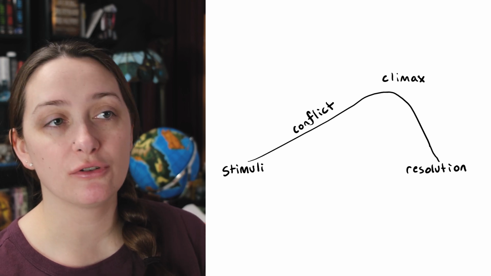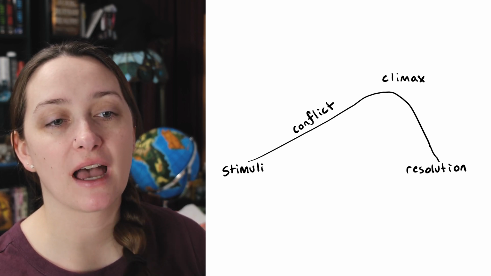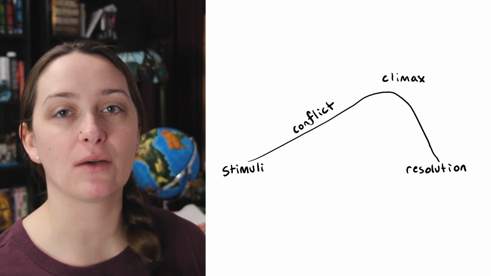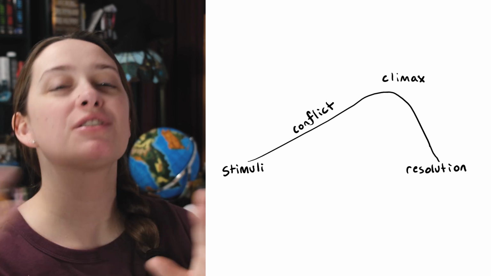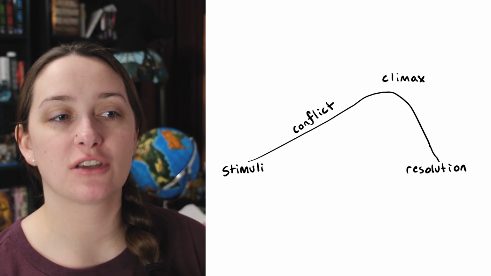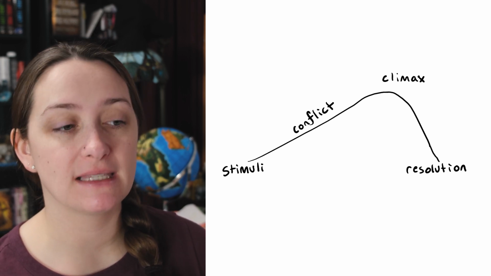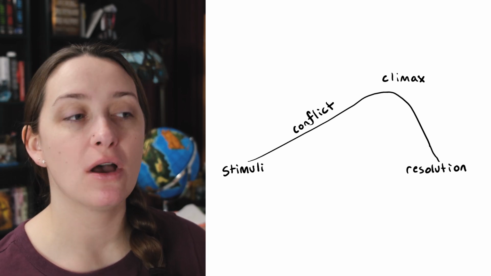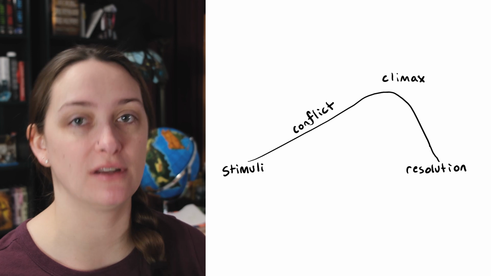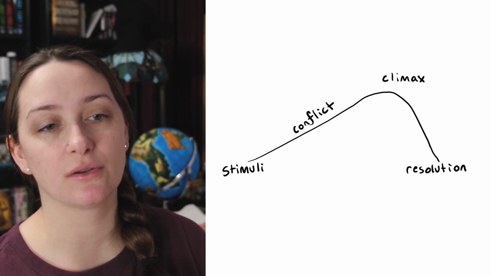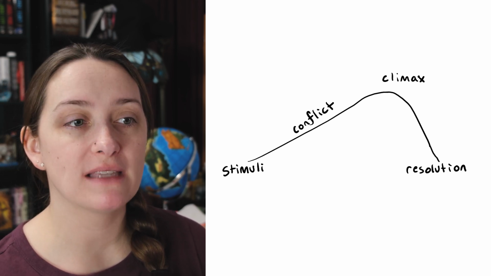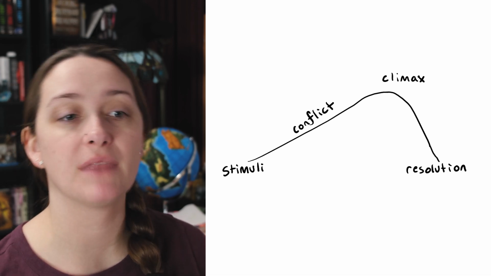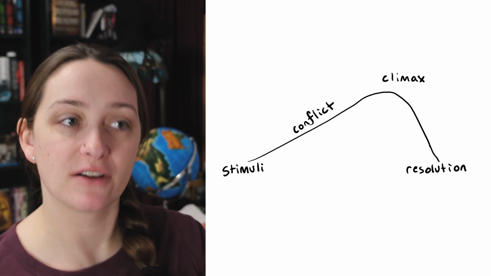And then you have the resolution, and I'm considering the resolution to also contain a lot of, we'll get into this in the next slide, what a sequel is, right? The falling action of a scene, right? So this could be where they're really thinking on what happened in the scene, they're reflecting, they're deliberating, they're coming up with what's going to happen next, right? They're reacting to it. All that internal side to the action of a scene. And so this also contains whatever their new goal is. It might have the consequence, or they might be looking toward the consequence. And also, again, we have our success and failure after the climax.